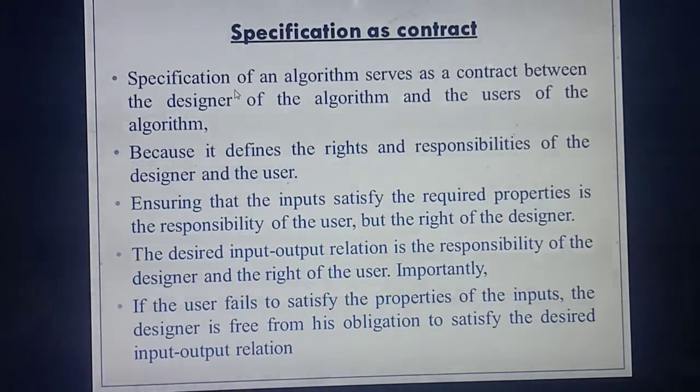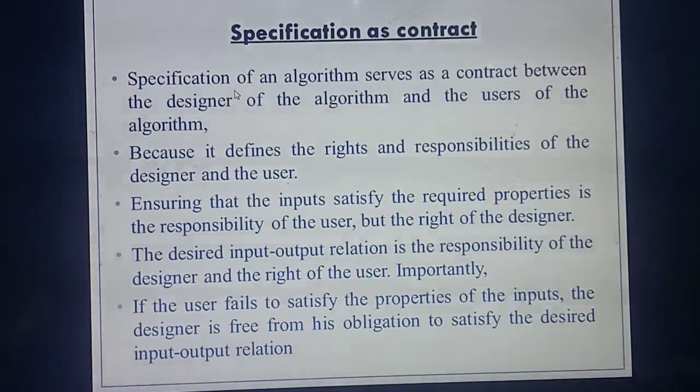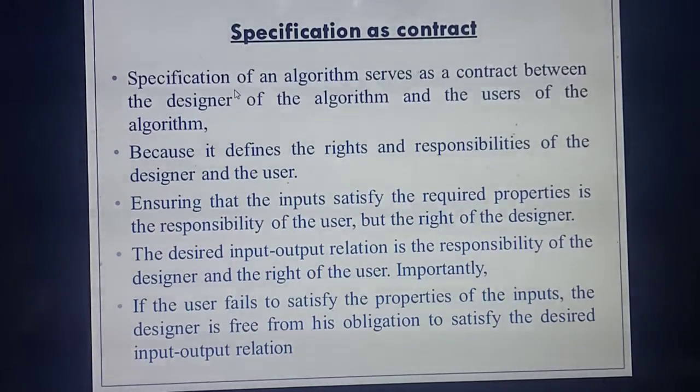So if the particular user fails to say all his requirements, he is not telling the requirement. For example, the person who wishes to build a house is not saying clearly about his house. The engineer will build that house based on his own wish. But if the user says a particular thing correctly, he will build like that. Same way, if the user fails to say the requirement correctly, you will not get the proper output. So you will not get the proper input and output relation. Understood, student? Specification is contract.